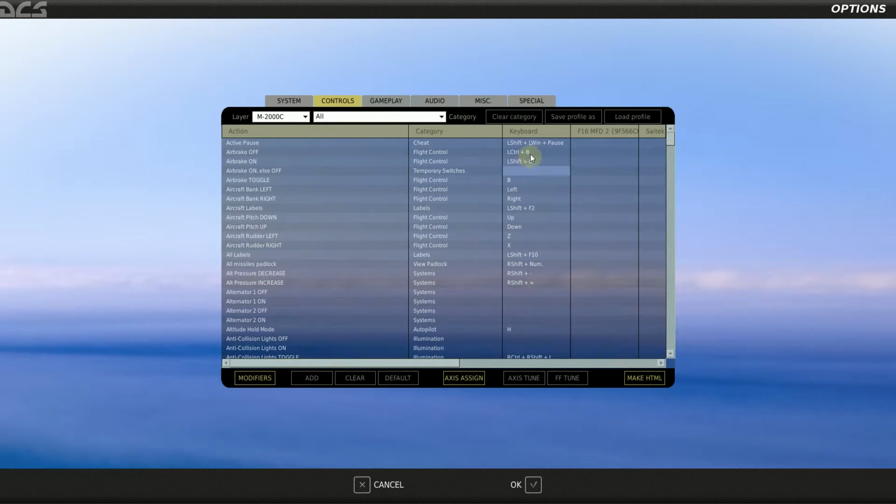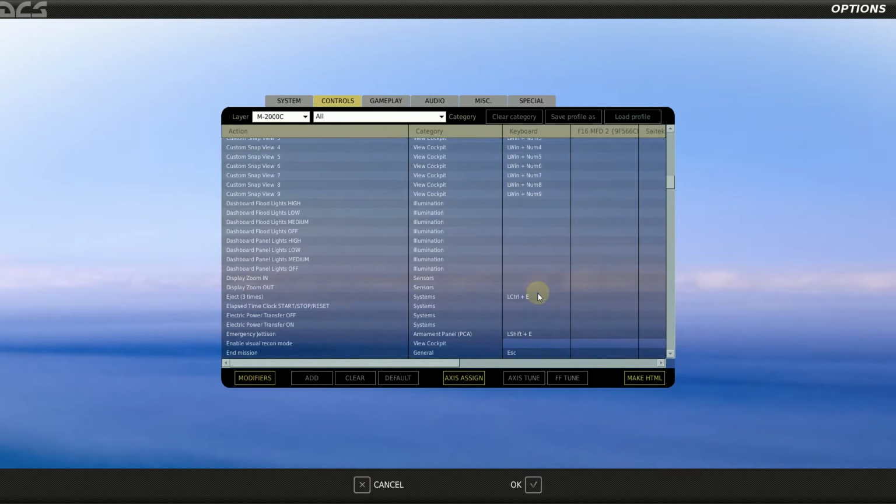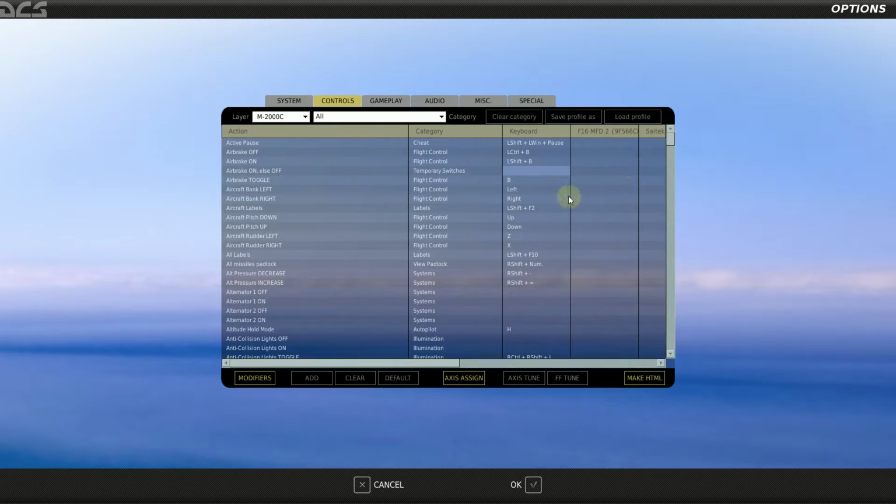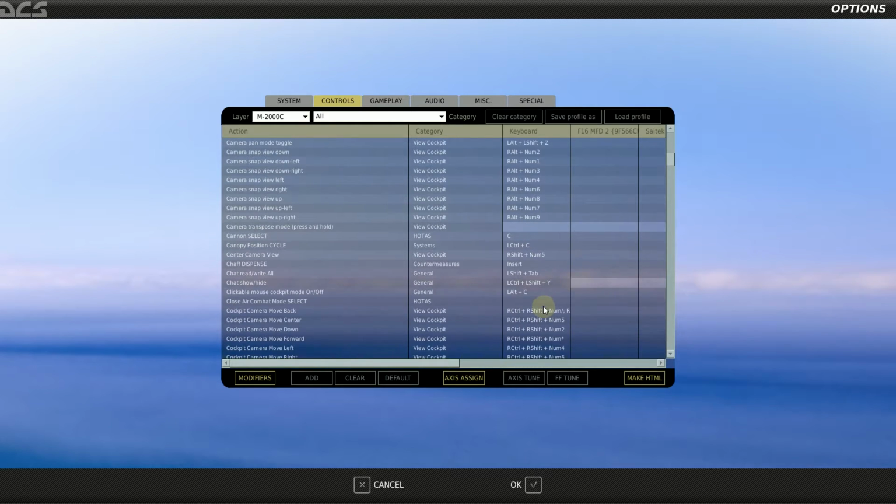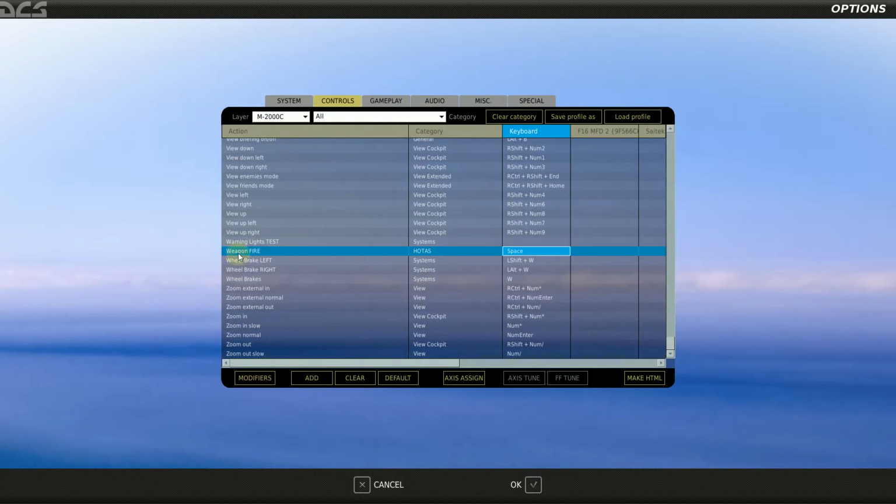Keyboard, you'll certainly want to leave alone. These are your defaults. Sometimes I override or pair up keyboard combinations, and I do save them profiles, but I don't think I'm that far in the 2000. But regardless, I would not clear this category out because it is ultimately your default settings and usually don't cause any problems unless you've got TeamSpeak or something else with hotkeys assigned that may mismatch. The only one that I really do is the space key, which is always a weapon fire. And since I use that for